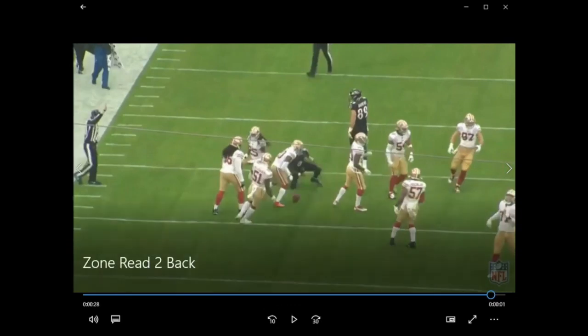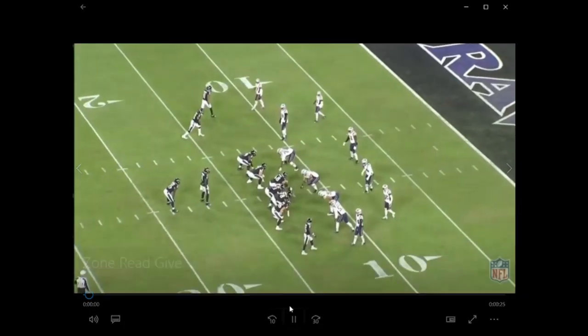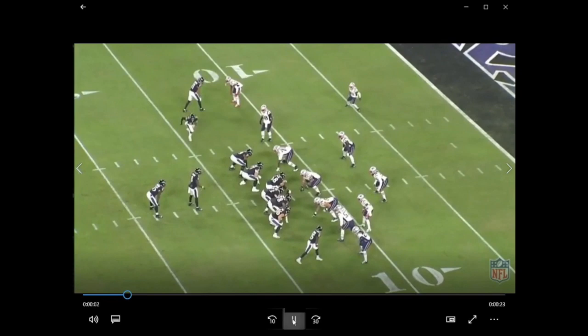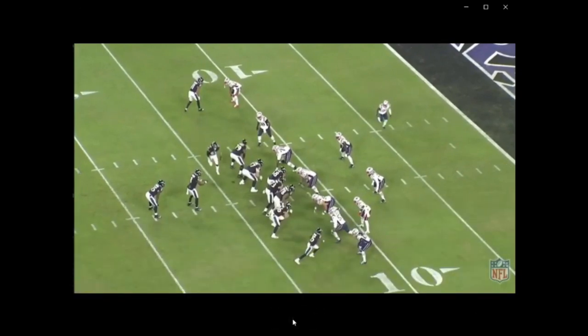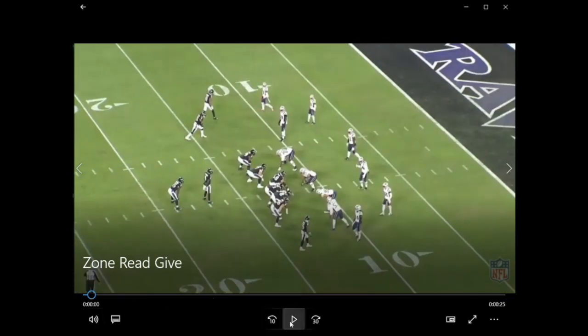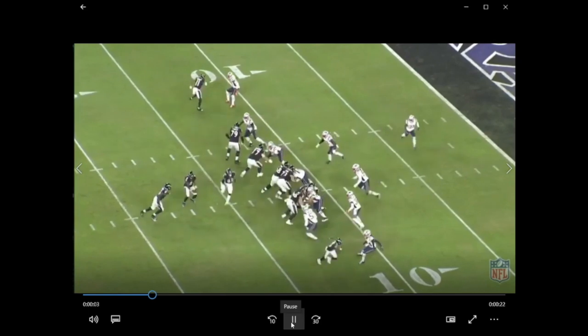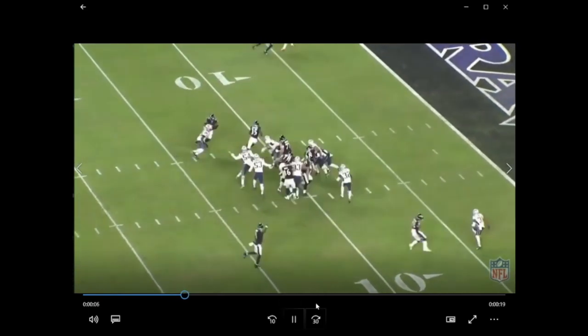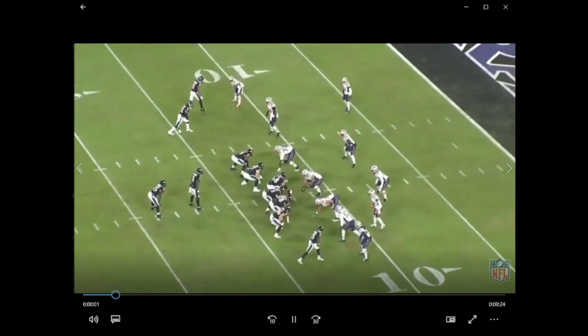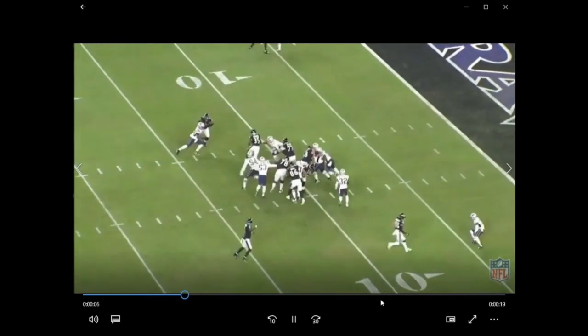Like I said, they like to do that out of the two back, but I think we're used to seeing the zone read a little bit more, the way the spread teams, college teams run it. You see it out of one back, and they can certainly do that as well. So here is another zone read out of pistol. They send the motion. Now they're bringing this motion man, and he's going to be the one that's out there lead blocking